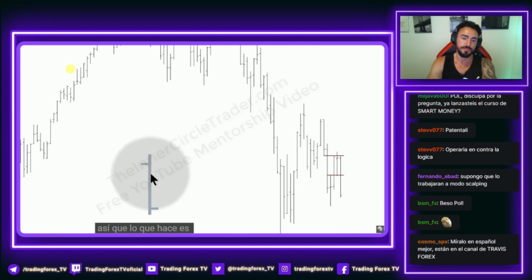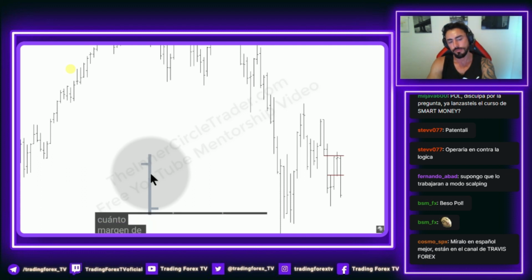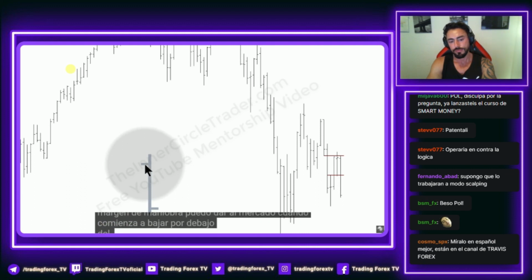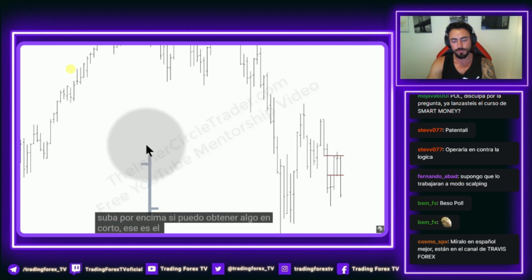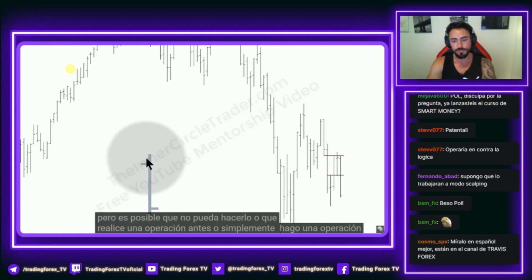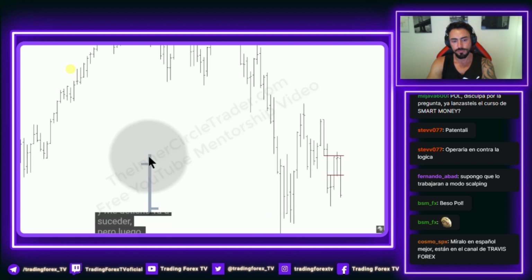So what that does is gives me an area at which to bracket out how much leeway I can give the market when it starts to go below the opening price and still take a favorable entry. Because power 3 is, I'm bearish, I'm expecting the market to open and rally above. If I can get something on short there, that's the ideal scenario. But I may not be able to do it. Or I may take a trade early, or just take a trade and I get stopped out. It's going to happen. But then it breaks down below the opening price.